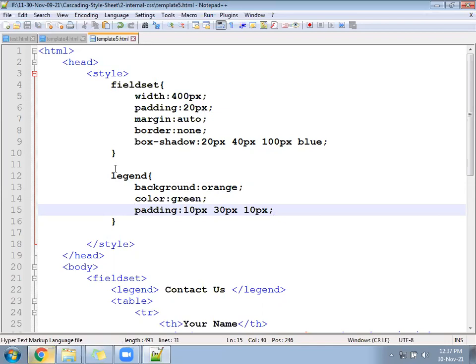Background color and padding. See how that looks.